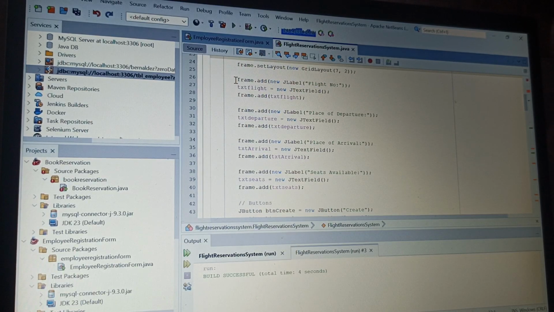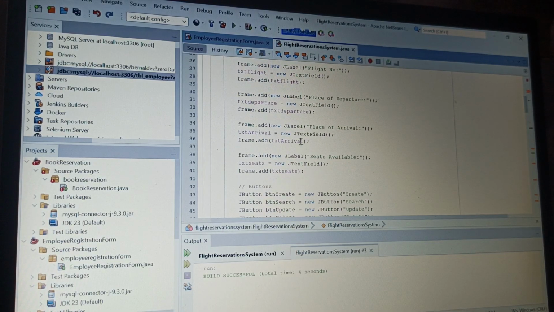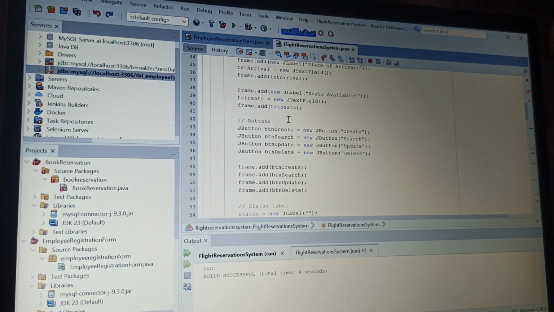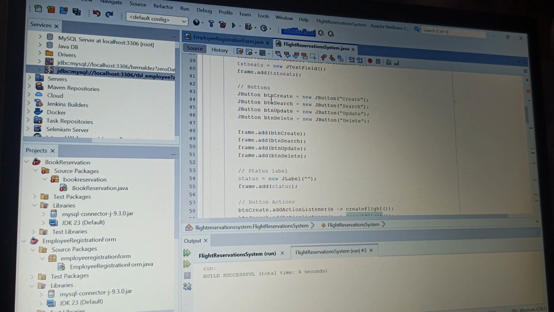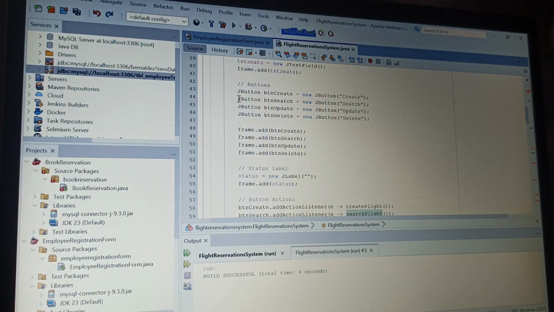In this frame.add, it adds the label and corresponding text field for the flight number. Then the JButton btn creates the 4 buttons for CRUD operations and adds them to the GUI.